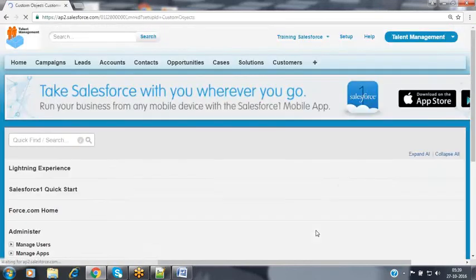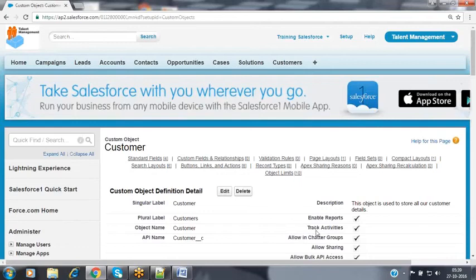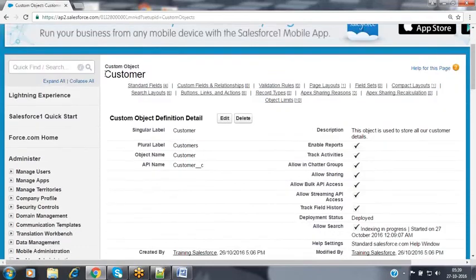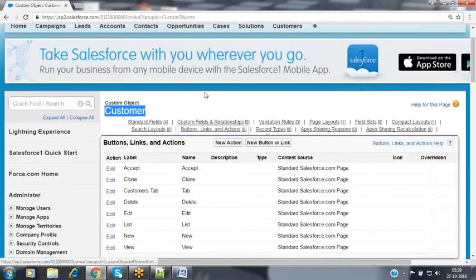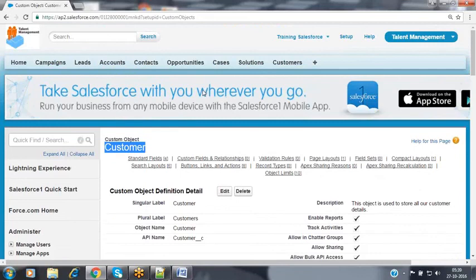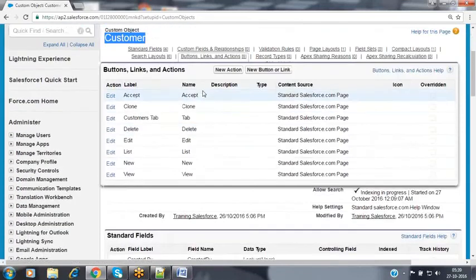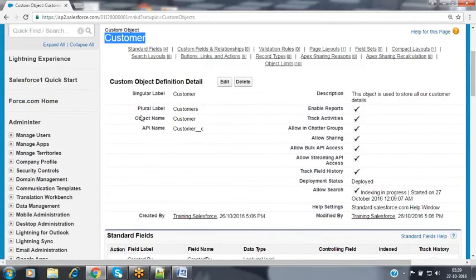So as soon as you click on the Save button, your object has been created. So what is it? A custom object with the name customer. This custom object has been created by the Salesforce team. Whenever you are creating a new custom object, Salesforce provides a table for me. Then what is the table name here? When you come to the object information, you will have that object's API name. This object API name describes the name of the table which has been created by the Salesforce team. It is giving the name as customer underscore underscore C.